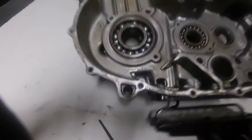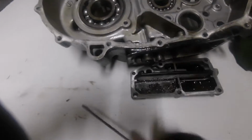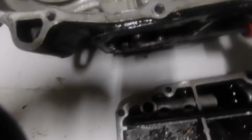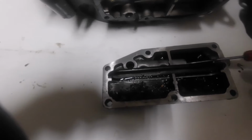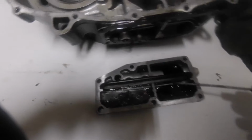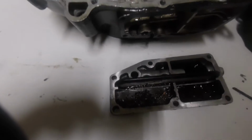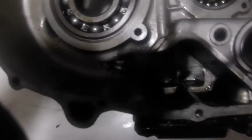So with that in mind, there's our little sump, and to kind of prove the point, that corresponds with this hole. Okay, so there's the hole that goes back to there, and then the oil intake holes here and here. In between there's a strainer. So this side of the strainer now, this chamber here, when it's on, if we just rest it on, is